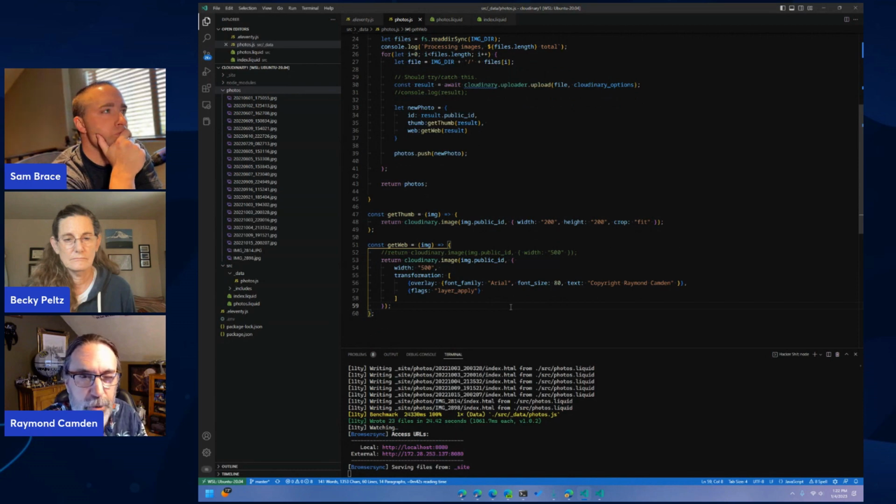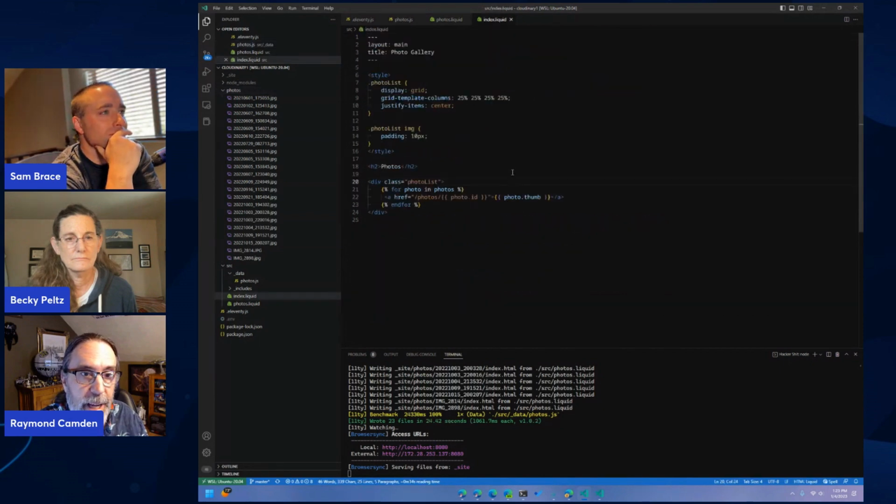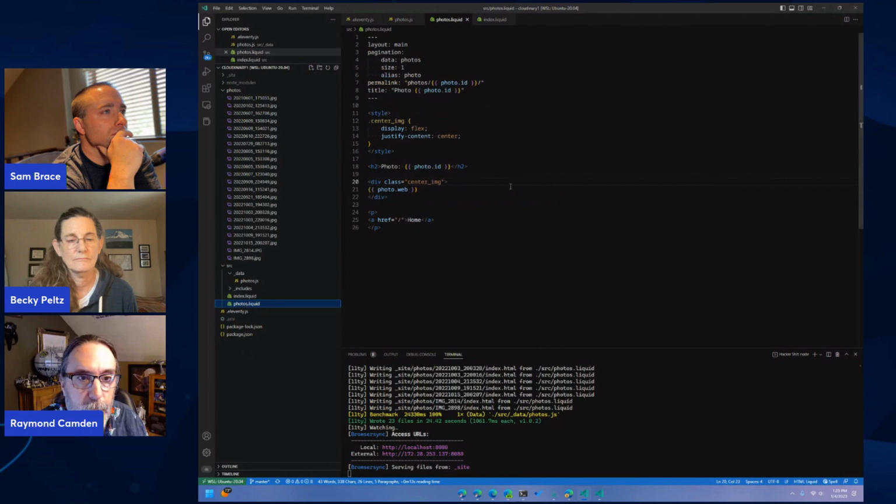If I wanted to fix that issue where maybe I don't want the watermark directly center, I could go in here and modify it to put it elsewhere. The net result of this is basically an array of images that have ID values, a thumbnail URL, and a web-based URL. My site is only 2 source files. My homepage, and this is a bit of template code that basically loops over that array of data. You can see the photo and photos. I do a link, and the way I handle 1 web page per photo is